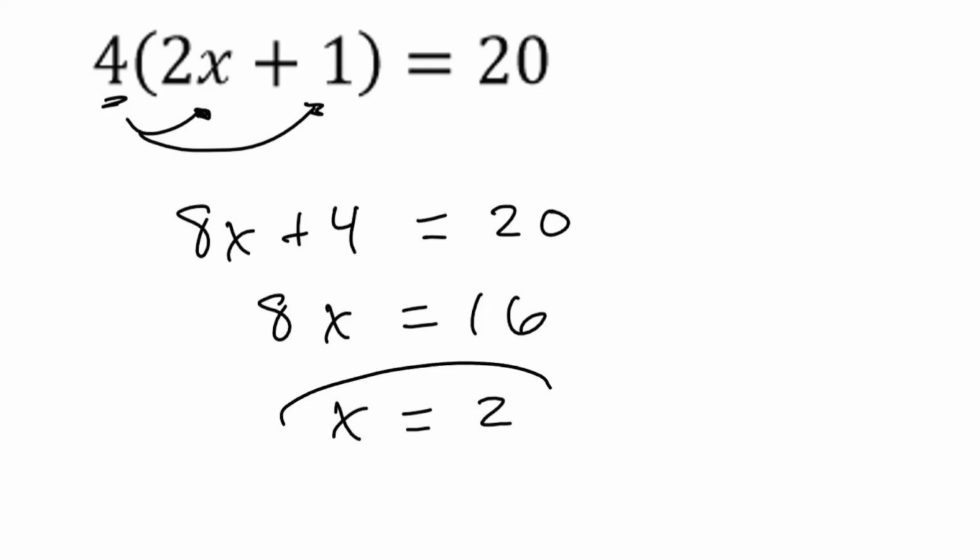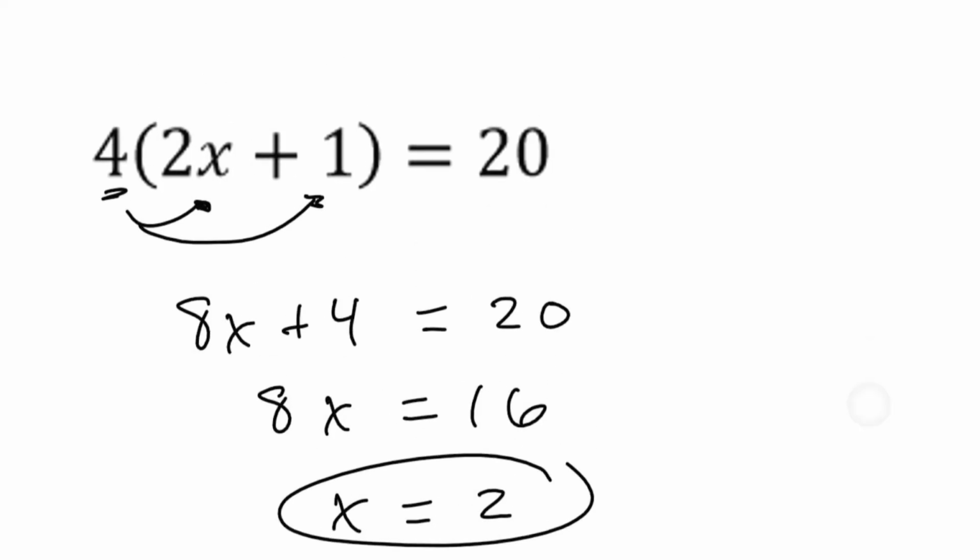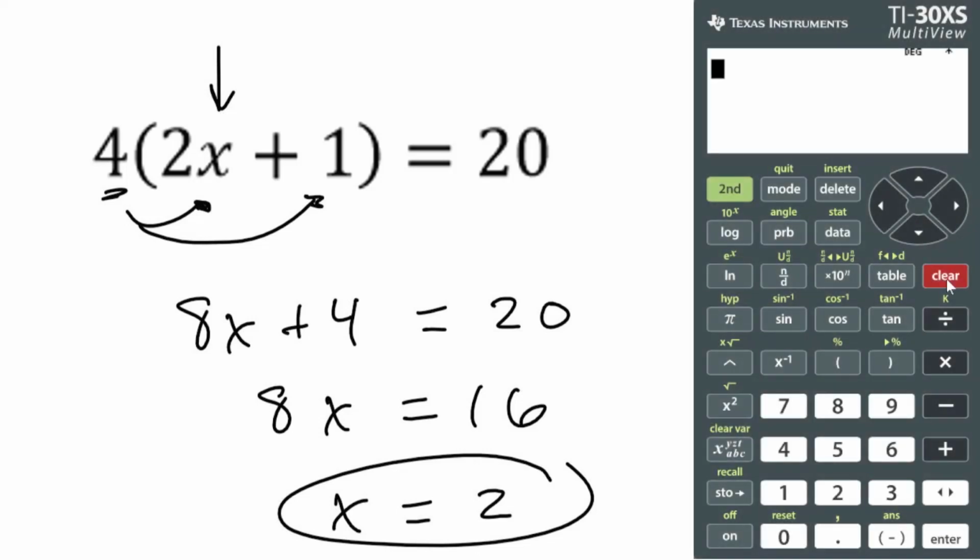So I believe that my answer is the number 2. If I plug that into the equation, let me clear the calculator and go to the calculator. I'm just going to go 4 open parentheses 2 times 2 plus 1 close parens, and you can see it's 20. So when x is 2, it forces the left-hand side to become 20,